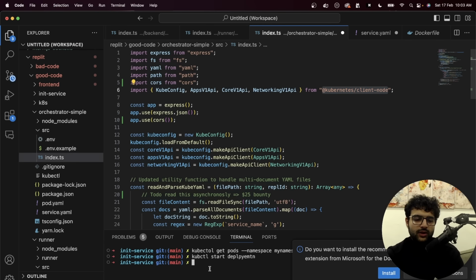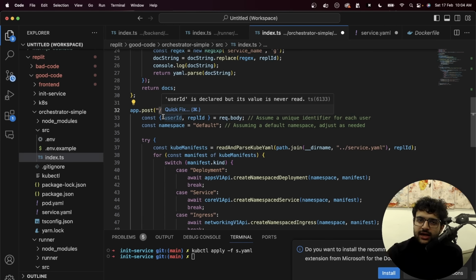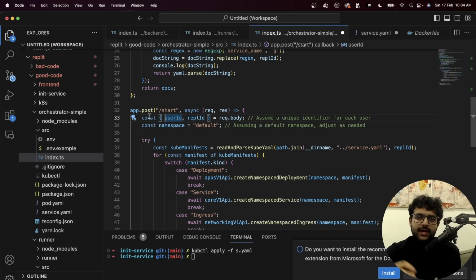As I said, you can totally run kubectl start deployment, or you can totally do a kubectl apply -f with your YAML file, or you can use a Golang library or a Node.js library that lets you talk to your Kubernetes cluster. That's what we are using here. And we've exposed a /start endpoint, which pretty much says, anytime the user wants to start a container, start the three processes,